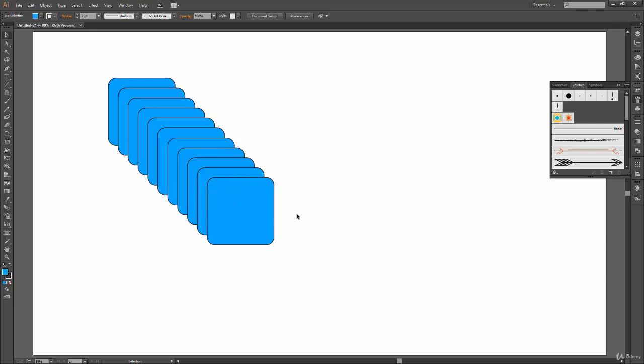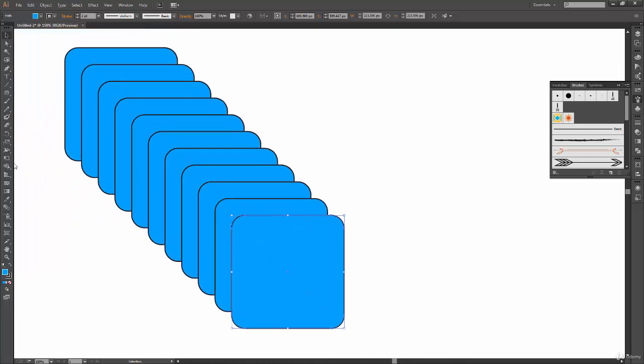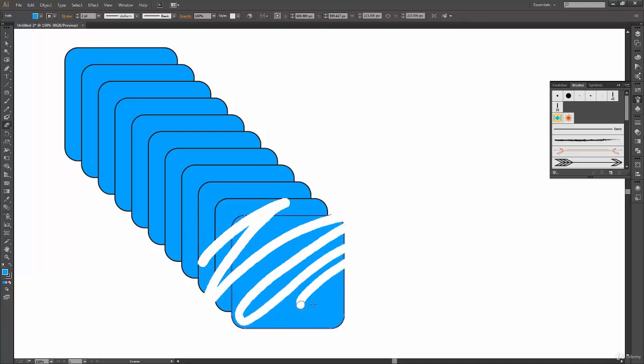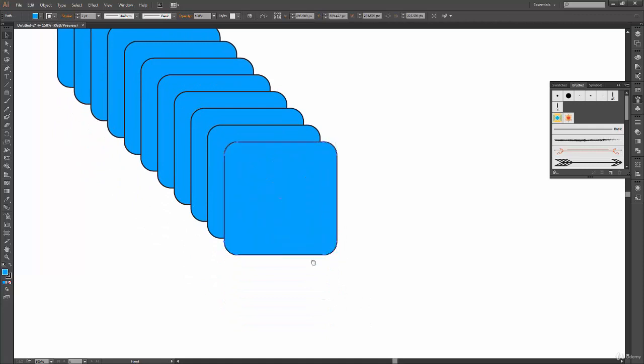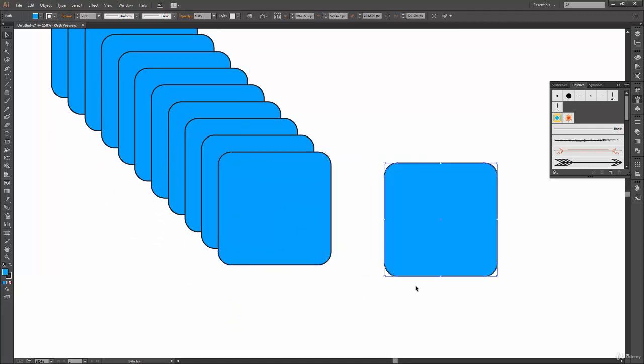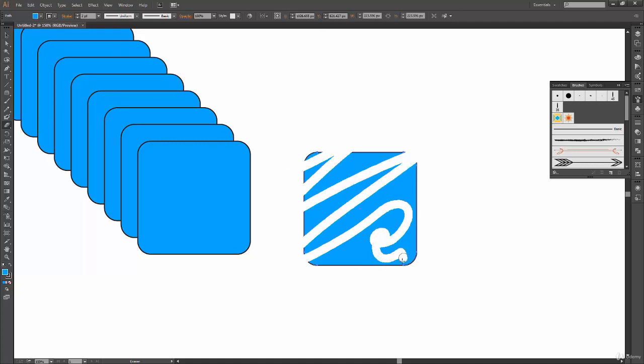Now the way it works is, if you want to erase anything from a particular shape, you can select that shape and now select the eraser tool, and then you can just click and drag on the shape to get something like this. So you can see that, let me just move the shape over here, and now we will click and drag with our eraser tool. So you can see that this is how eraser tool works.